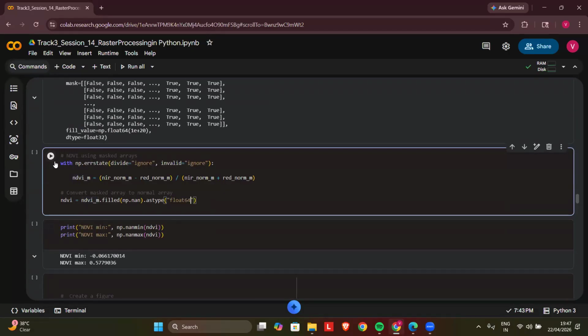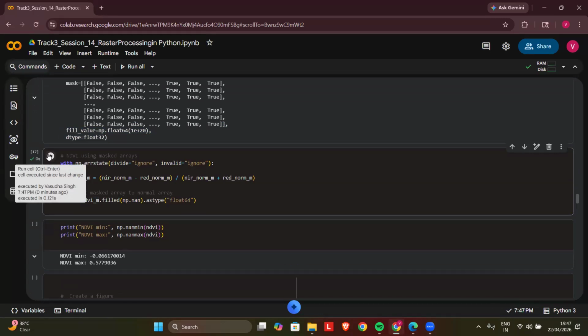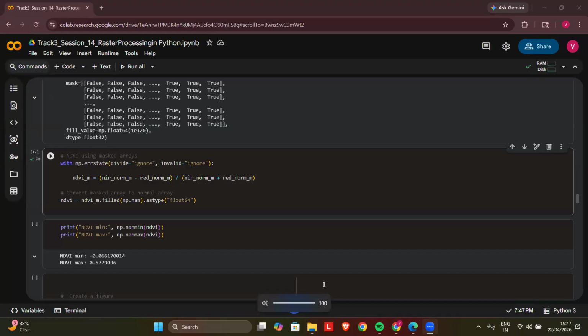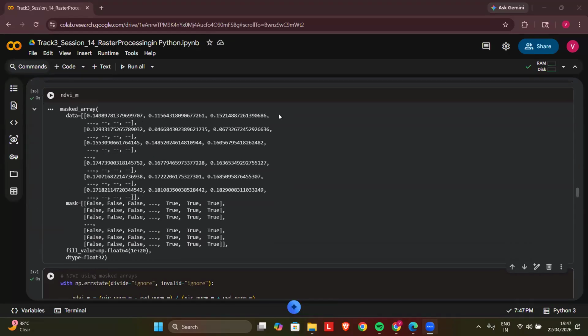Okay. Any confusion at this stage? What we are doing and why we are doing it? Ma'am, if we don't fit the normalized values between 0 and 1,